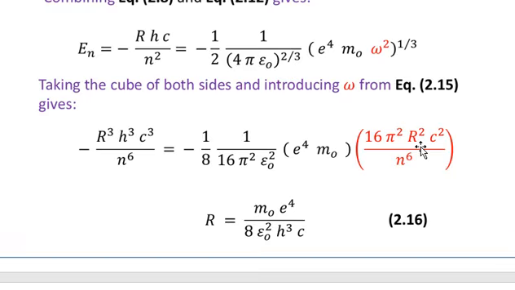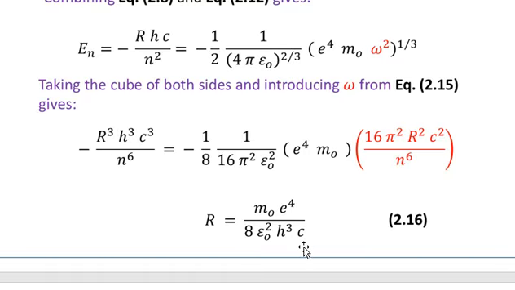Now you see that here this value of omega square depends upon the value of r square also. So r is given by r is equal to m naught e to the power 4 over 8 epsilon naught square h square c from equation number 16. So you can solve this equation for the value of r, because here you have r cube on the left hand side, and r square on the right hand side. So you can cancel r square with the r cube, you will be left with one r on the left hand side, which is this r, and then moving all the other terms from the left to the right side, you